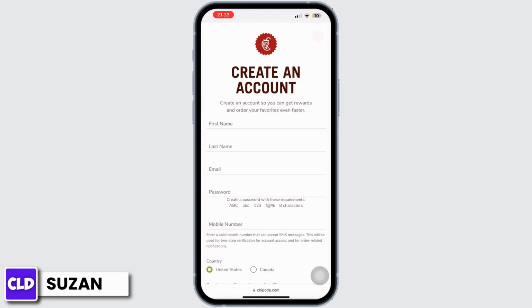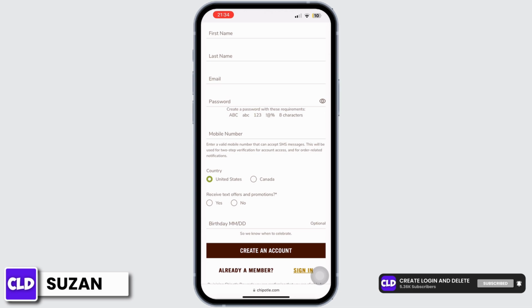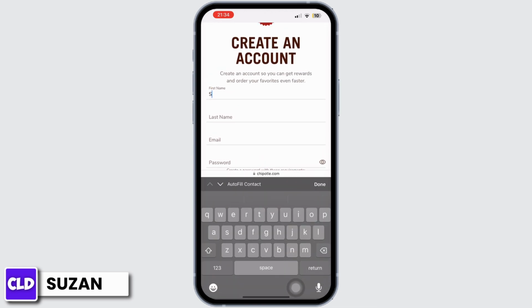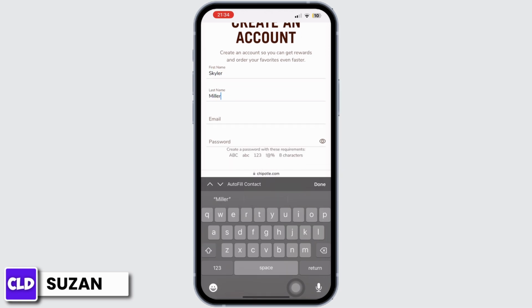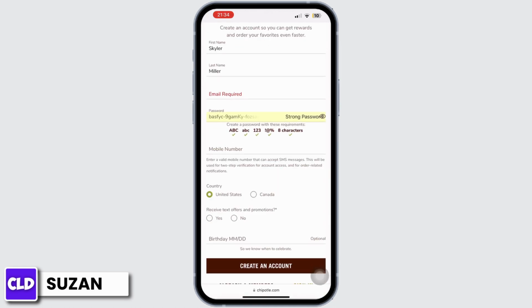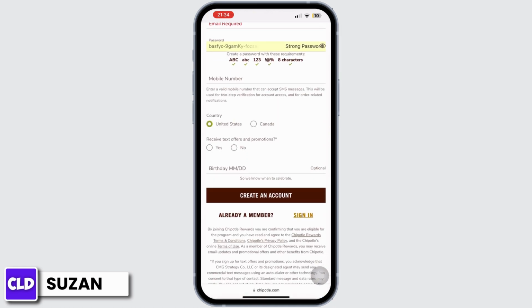So after tapping on it, you'll come across this page where you have to enter your credentials, and you have to enter your email and choose a strong password. So let's enter your first name here. Okay, now add your last name as well. And similarly, add your email and then just scroll down below and you have to choose your country, either